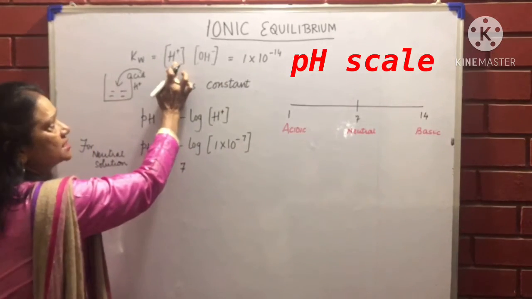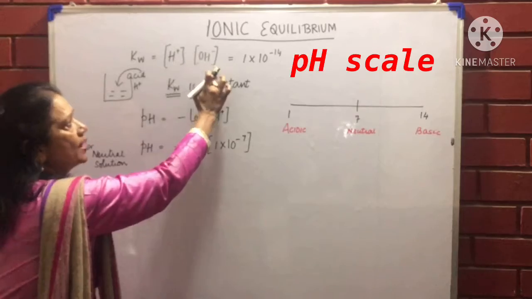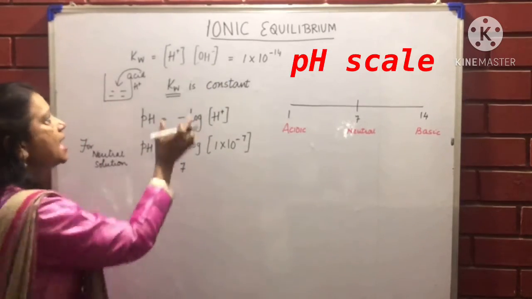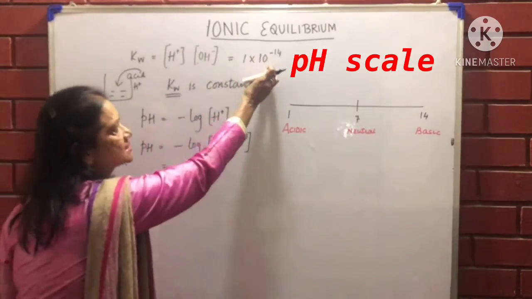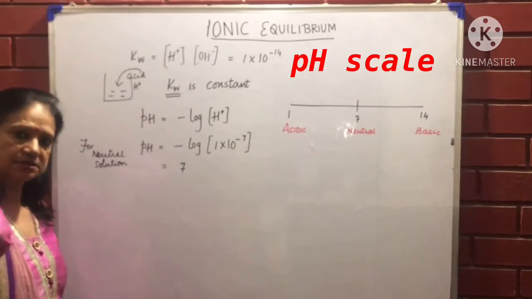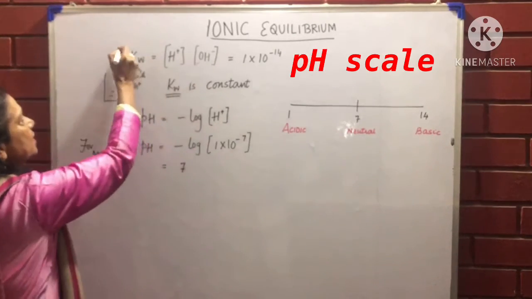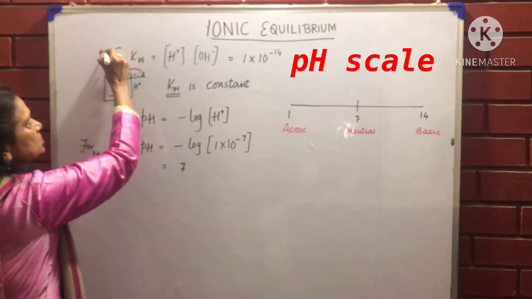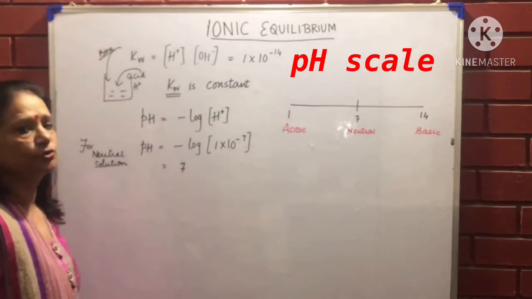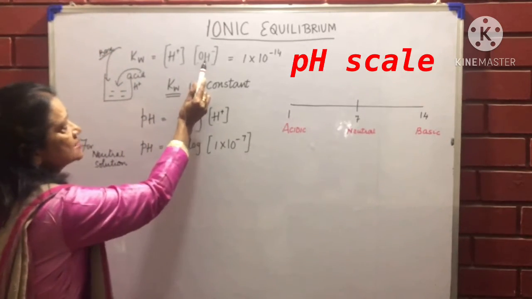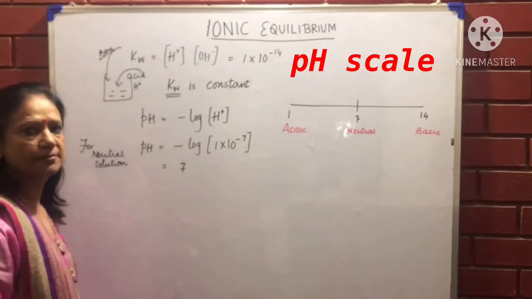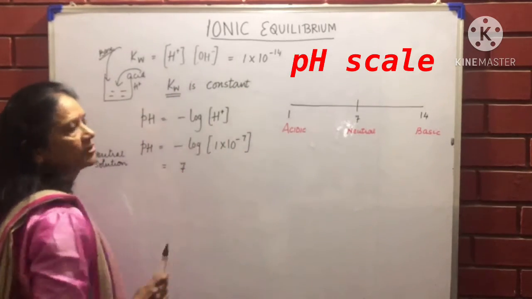So if you keep on increasing H plus ions, OH minus ions will become less, and the product of both of them still will remain 10 to the power minus 14. If I keep adding a base into this solution, then H plus ions will become less and the product will remain 10 to the